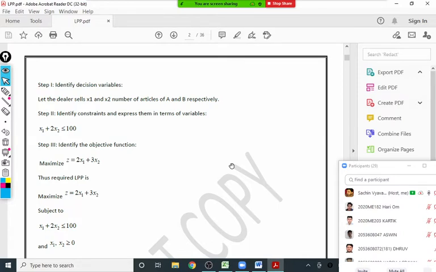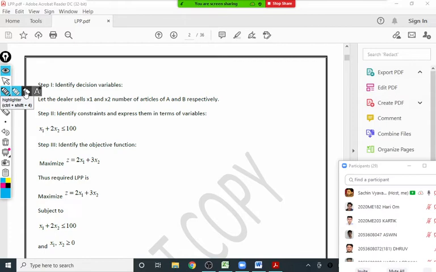Obviously the graphical method has a restriction that the LPP should have two variables, maximum two variables. So whenever we have more than two variables, the graphical method fails and such a question will never come in the exam. Right now, let me show you one question that we already saw in formulation.